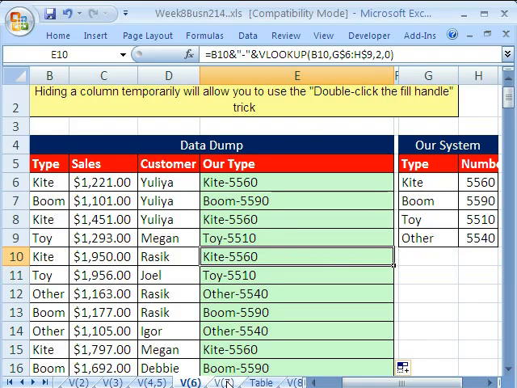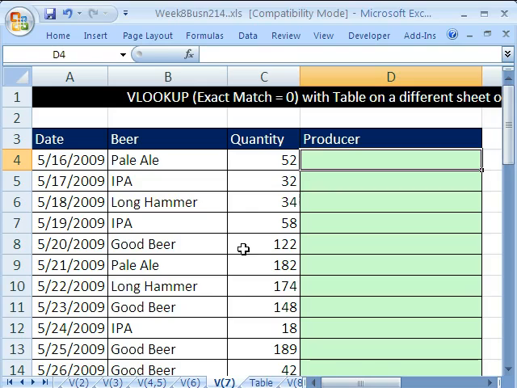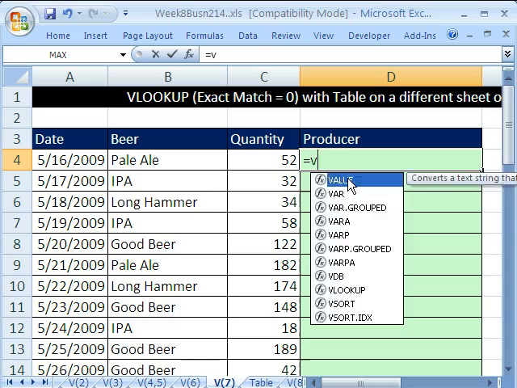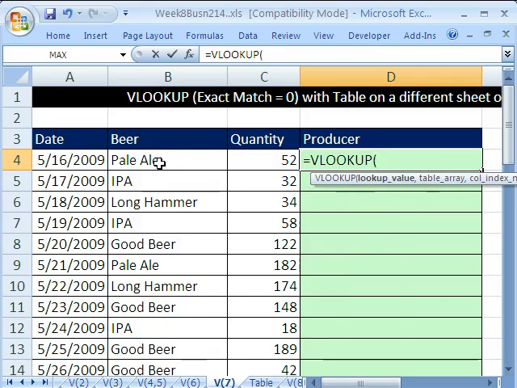Sure enough, that worked. Our next trick is, what if you have to do VLOOKUP but your table is on a different sheet? No problem. See, we have these beers, right? And we need our producer in a column. So I'm going to say equals VLOOKUP. Get this beer right here,